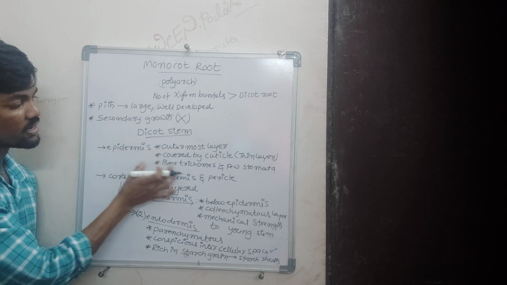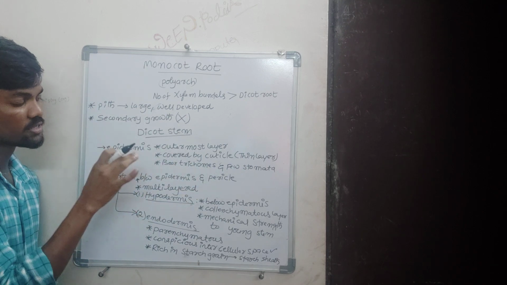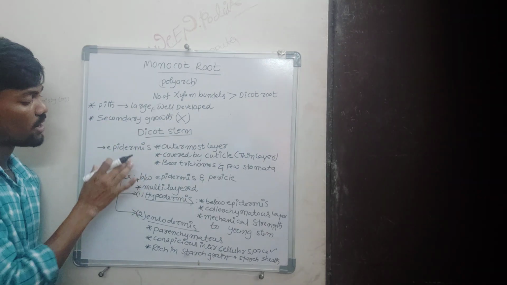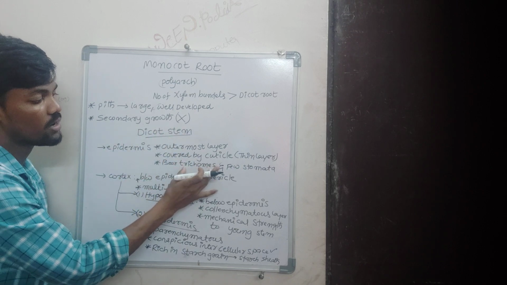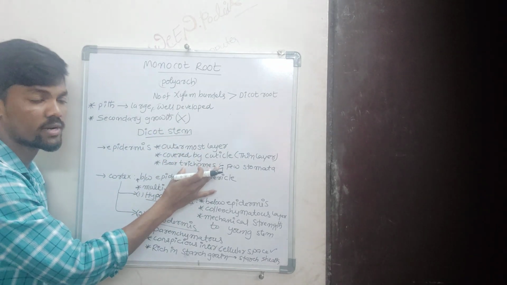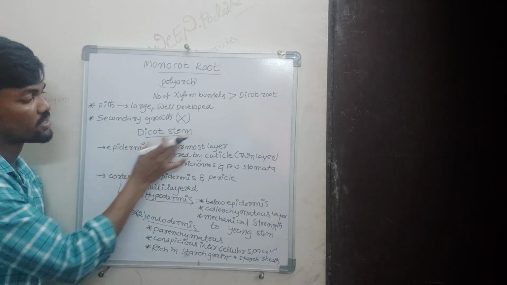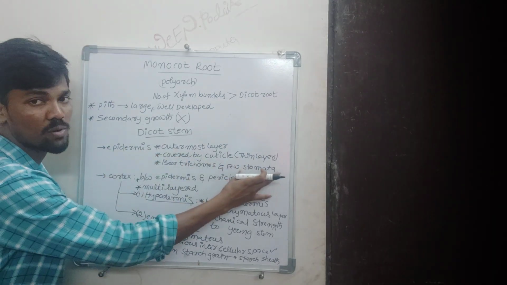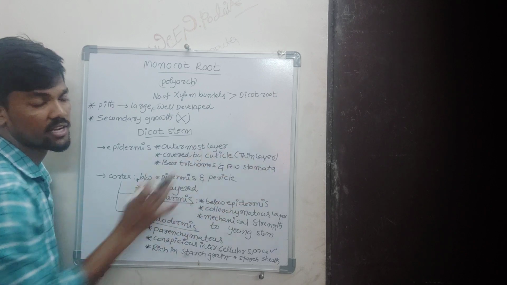The epidermis contains some hairs. We already discussed root hairs in the epidermis of leaves and also the stem. If root hairs are present in the stem, they are called trichomes. Trichomes are nothing but root hairs renamed for the stem. It also has a few stomata, where exchange of gases takes place.